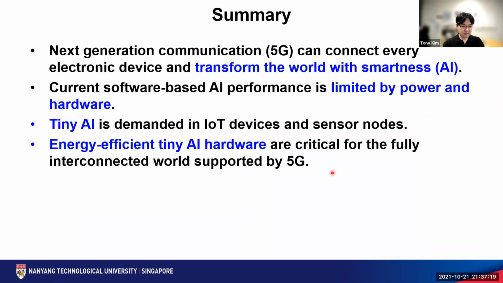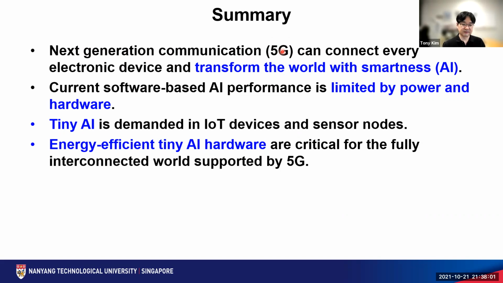Okay, so this is the summary. Next generation communication technology, which is 5G, is dreaming of connecting billions of devices through the network, right? The main reason that we want to do that is to achieve smartness, right? So we can achieve smart societies, we can achieve smart power grid, we can achieve smart nations, right? Those kinds of themes can be achieved when we can have true 5G network, okay, after